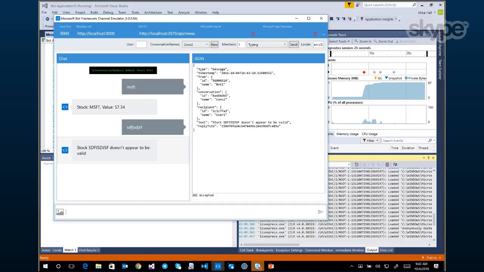So in a few lines of code, I've taken the bot from really just understanding string length to a bot that can call an existing online web service and return some data. But I think you'll agree that the bot in its current form is not particularly conversational. You'll notice that I didn't type, show me the value of Microsoft stock, but I simply had to know the ticker name that I was interested in, MSFT, or in this case, I didn't have the ability to type in natural language any kind of request.